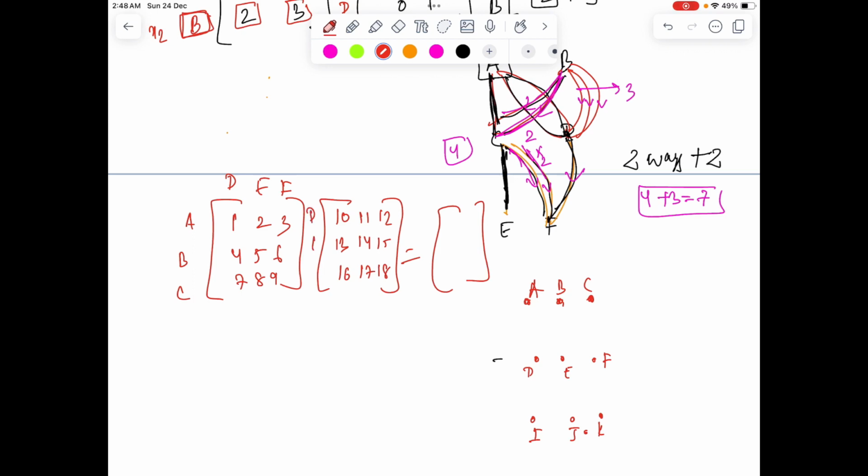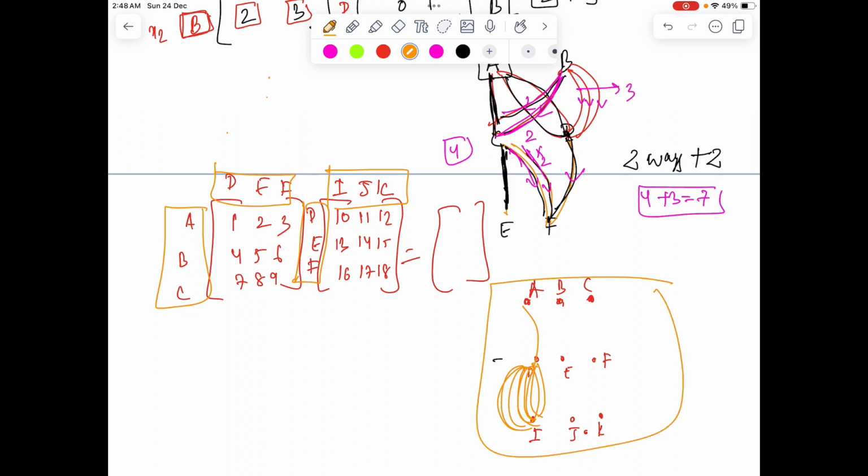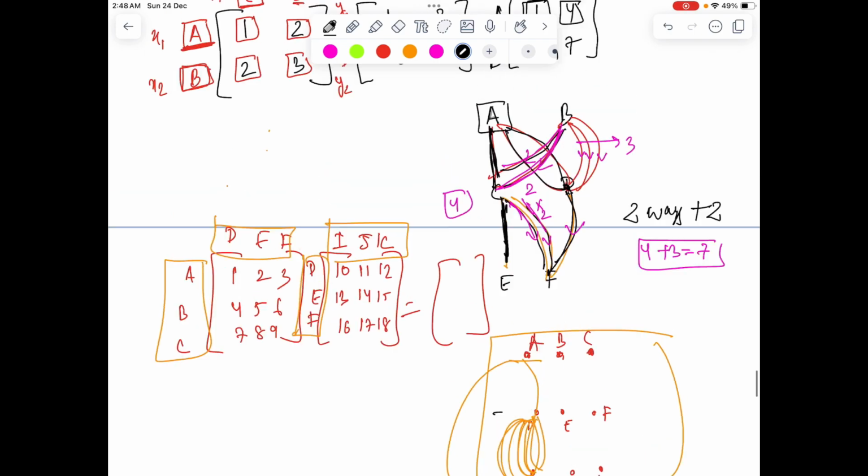So we have A B C, D E F. From DEF we need to go to IJK. So of course DEF is a mediating city, so we'll have again connections between ABC and DEF. So you can start with, let's say, one connection with D to I. We'll have 10 connections, 4 5 6 7 8 9 10, and like this. If we draw all this directly, we can count the number of connections from A to I without basically computing it. So I hope that motivates you, and clearly you can extend this idea for n cross